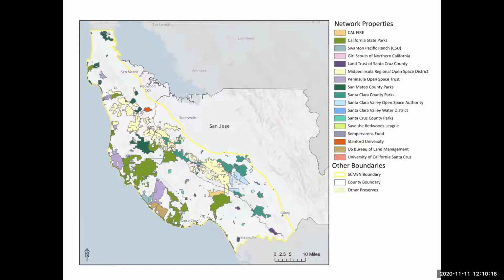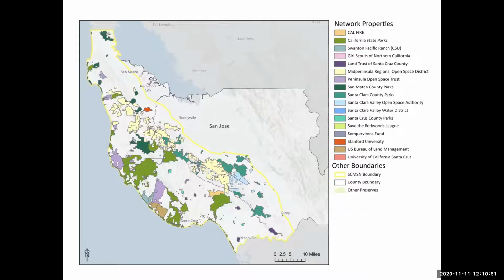So it's a big mix of different properties, jurisdictions, territories, and so on. One of the things that's interesting is there was already a vegetation mapping project happening in San Mateo County, the top county there. And Kass was working on that. She also worked on projects in Marin and Sonoma counties, which are a little bit to the north of us, above this map. And so what was happening is there was kind of a data cliff as you crossed the county line down into Santa Cruz or over into Santa Clara, where we couldn't see things consistently.